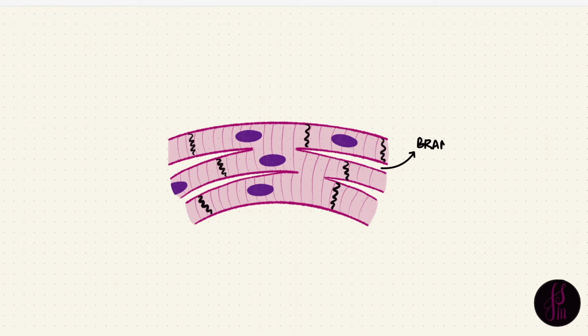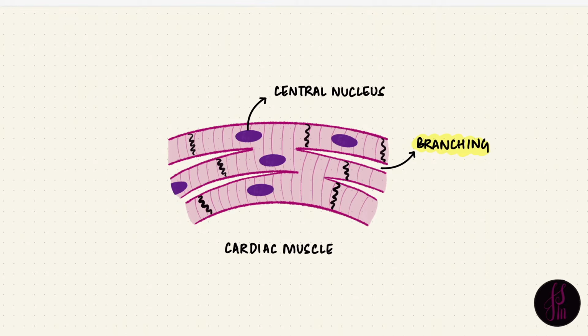But cardiac muscle cells branch. This is something that skeletal muscle cells don't have. There's no branching there. Skeletal muscle cells have multiple peripheral nuclei, while cardiac muscle cells have just got one or two nuclei and they're central. These cells have got more mitochondria because they've got to do a lot more work. The heart has to keep pumping, so for that it needs energy. That energy comes from mitochondria.